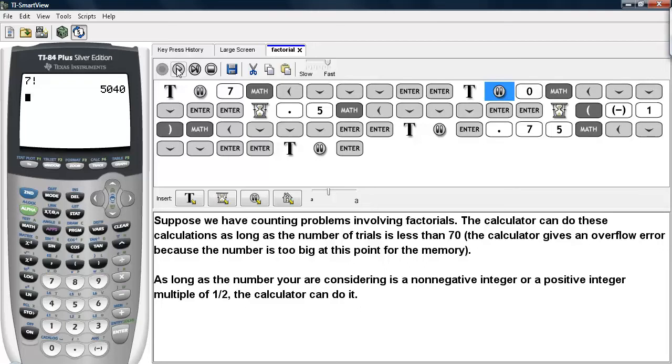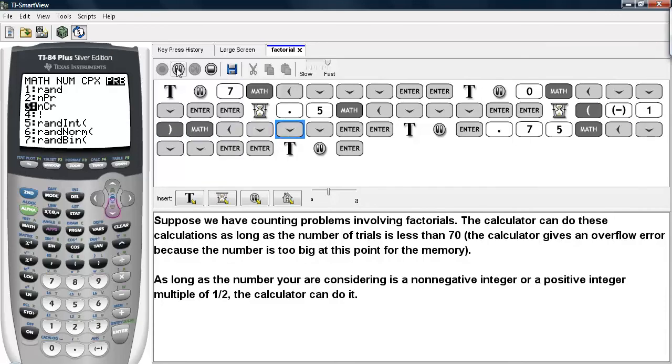this. Our next example is 0 factorial. So we type 0 in, hit Math, scroll over to PRB, and select the factorial option. And we get 1. 1/2 factorial, exact same key sequence, and when we do that, we end up with that value. But if I try to do -1 factorial,